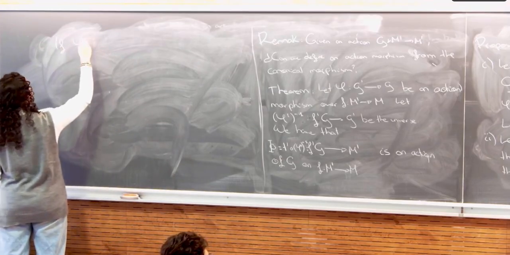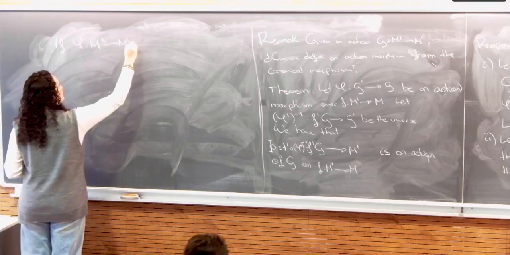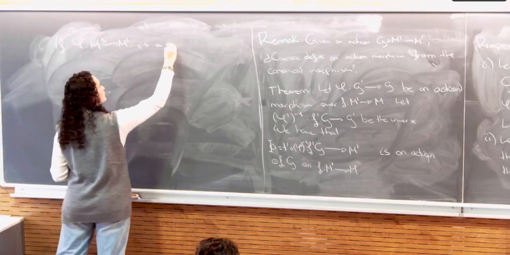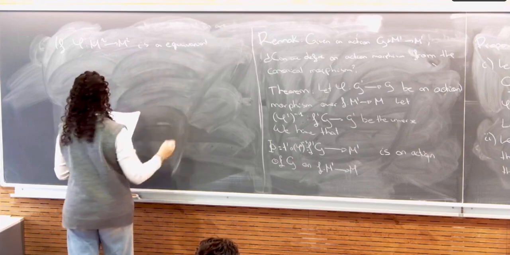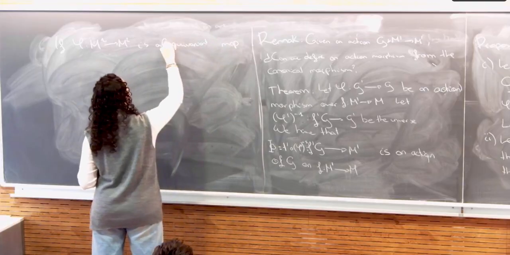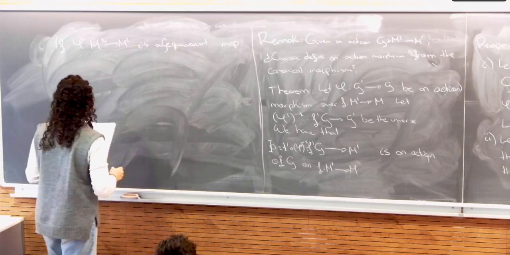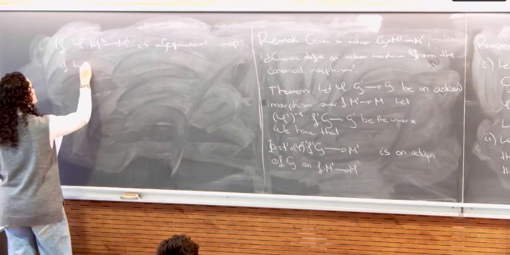If F is an equivariant map of two actions